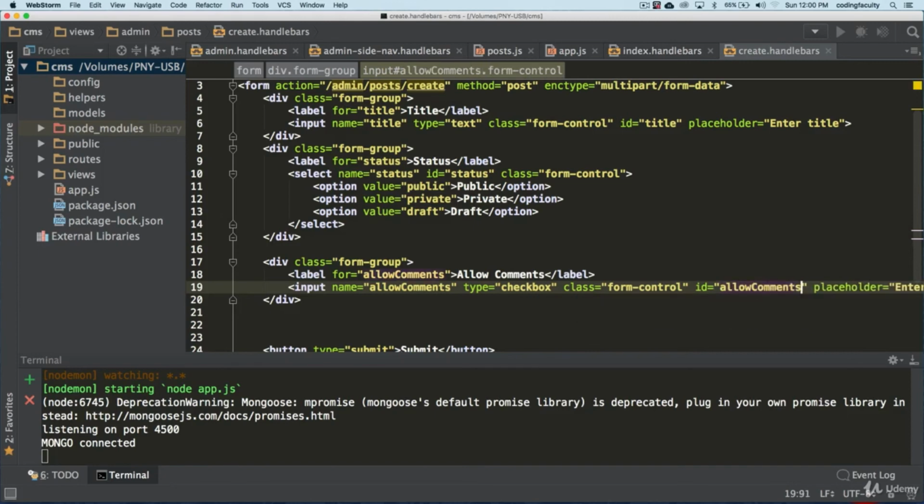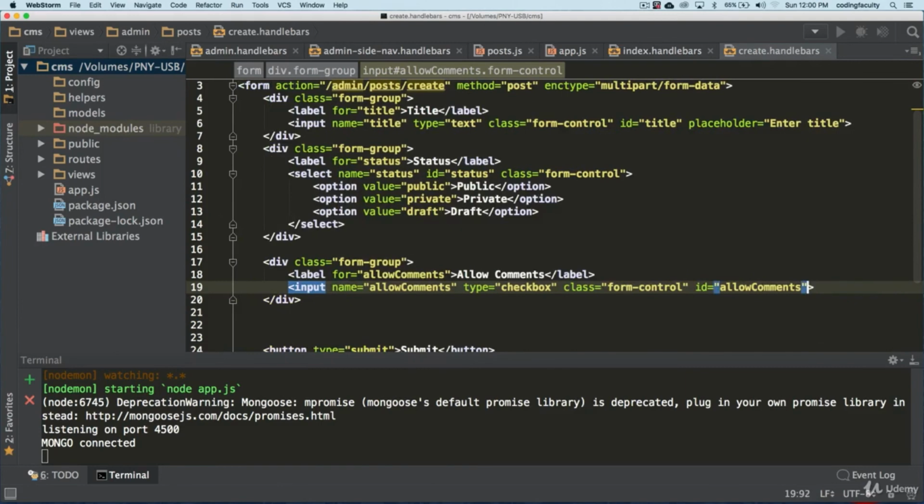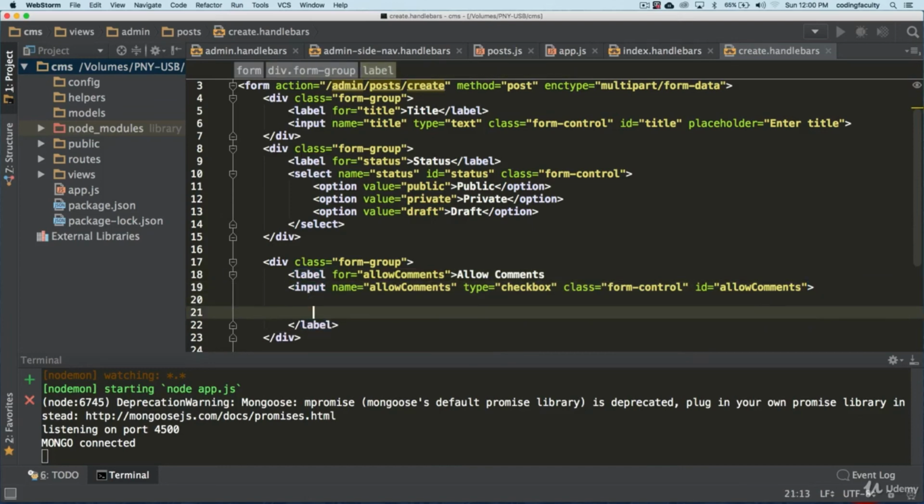Keep that convention there. And of course, this doesn't have a placeholder. Okay, like that. And then we can actually wrap the whole thing around in a label like this, and maybe say check or something like that.